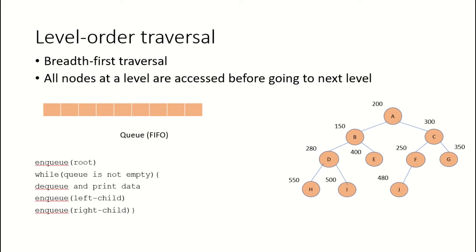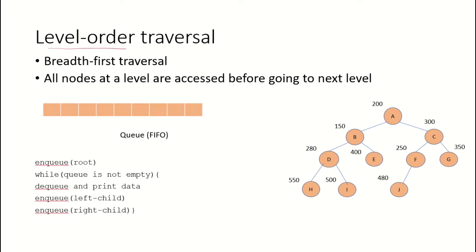Traversal refers to accessing each and every node of the tree once and in a systematic order. So for a binary tree, the traversals can be of two types, depth first and breadth first. In the depth first traversals, we have the pre-order, in-order and post-order traversals, which we have done in an earlier video. So in this video, we are going to look at the breadth first traversals,